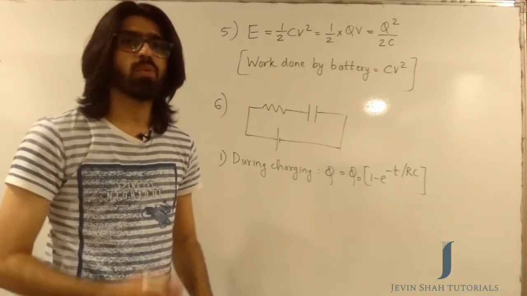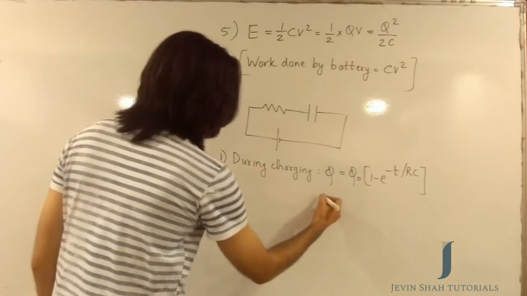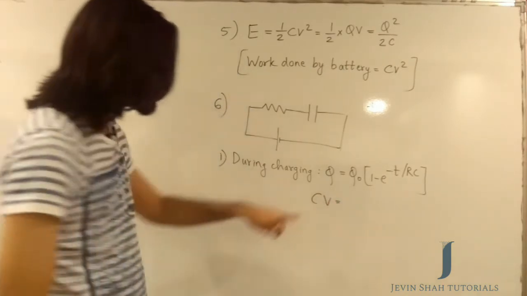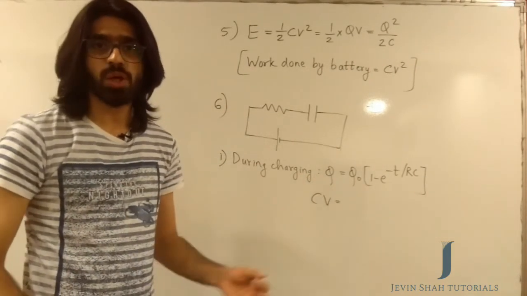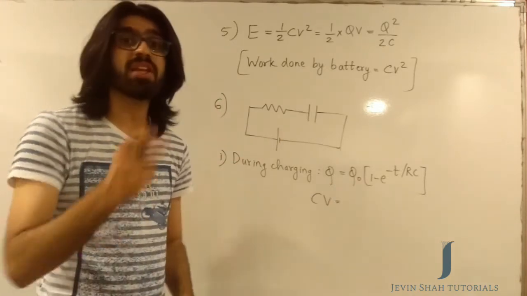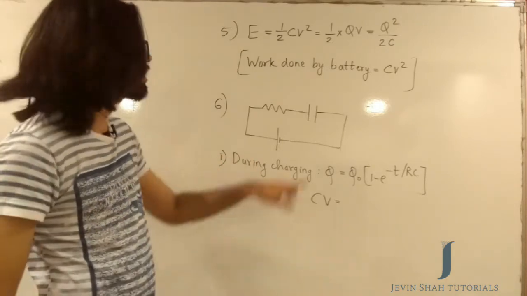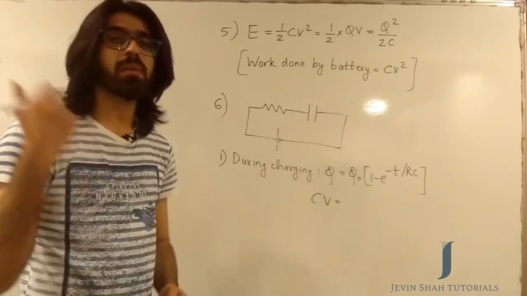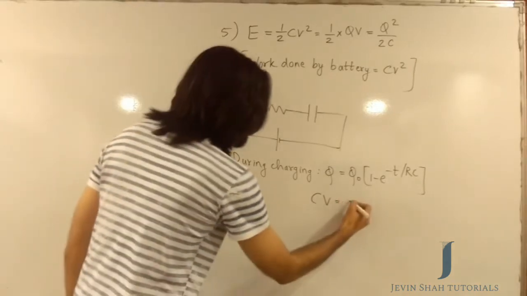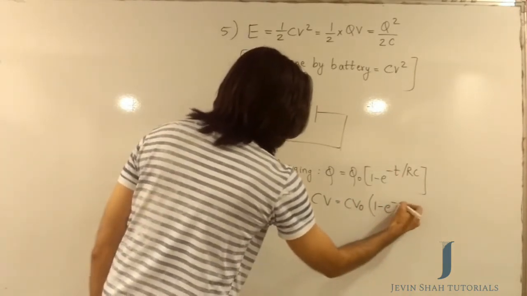Say for example, I want to find the potential difference on the capacitor. You can actually write Q as CV. Q naught will be given by CV naught. You know that Q will be CV, so Q is CV, Q naught will be CV naught. V naught is the potential difference between the plates when the capacitor is fully charged. So I can write it as CV naught. The inner terms remain the way they are.